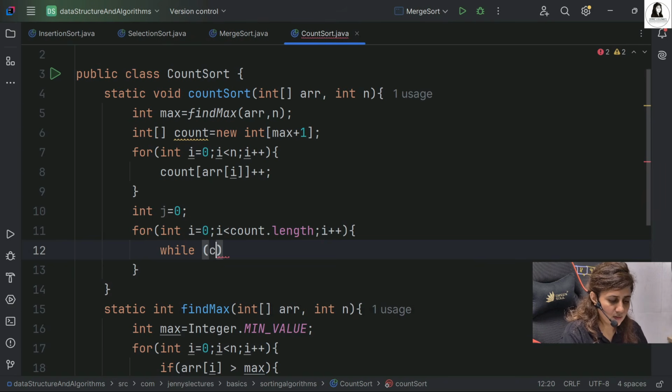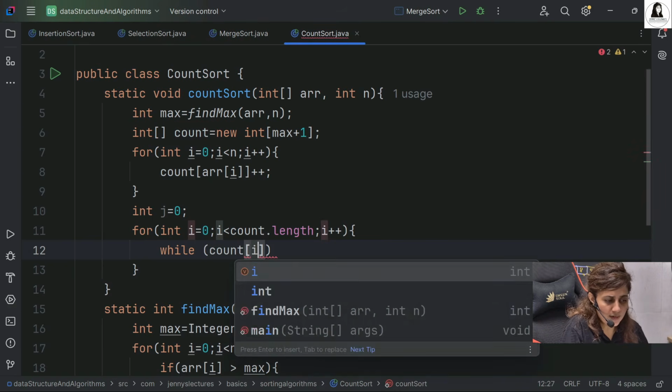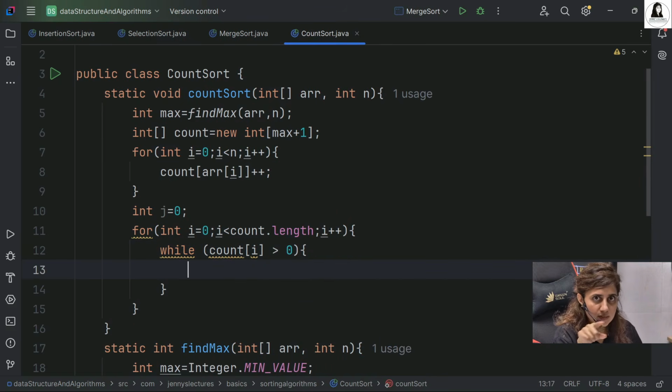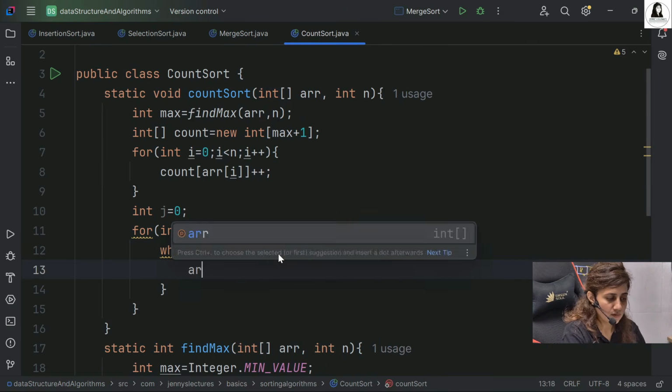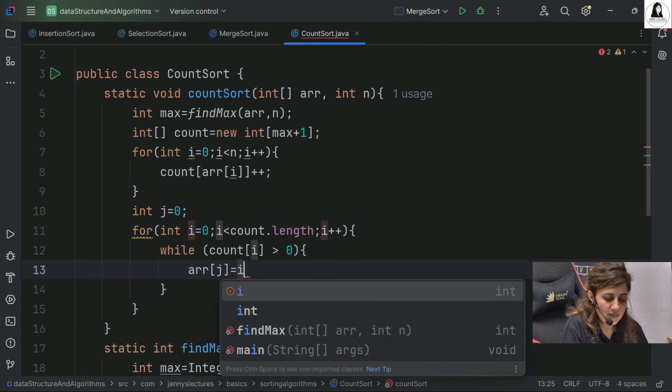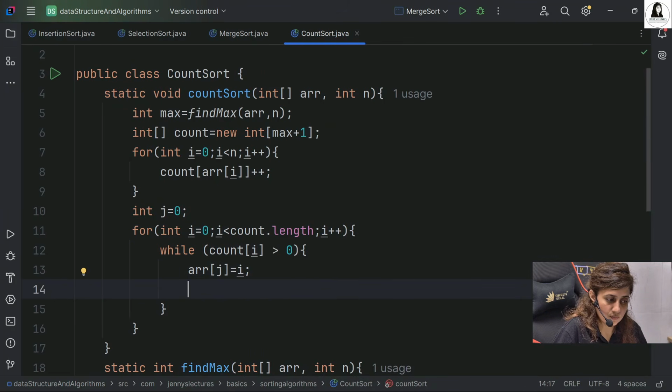Now, while the value at I in the count array is greater than 0, till then we keep changing the value in my original array. So ARR of J is equal to whatever the index I is right now.